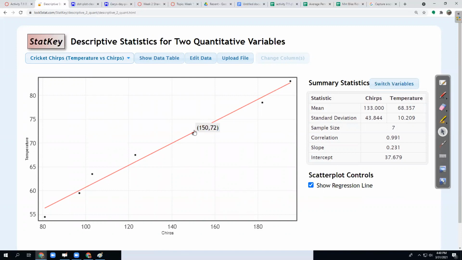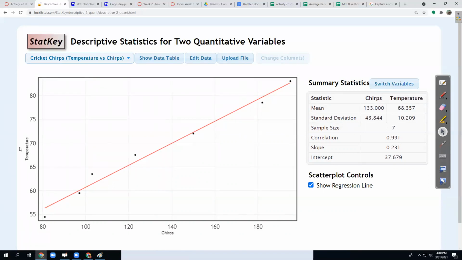So if you heard a cricket chirp 150 times in a minute, you would say the temperature is probably about 72 degrees Fahrenheit. If you heard a cricket chirp 182 times a minute, then you would say it's almost 80 degrees outside. So this line here is telling us how to interpret the number of cricket chirps to predict the